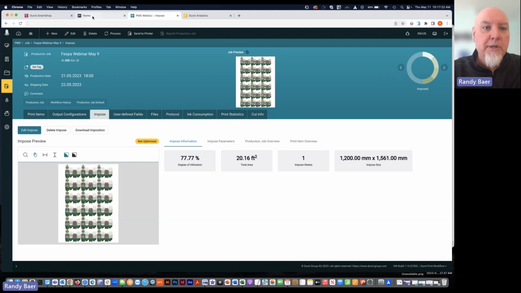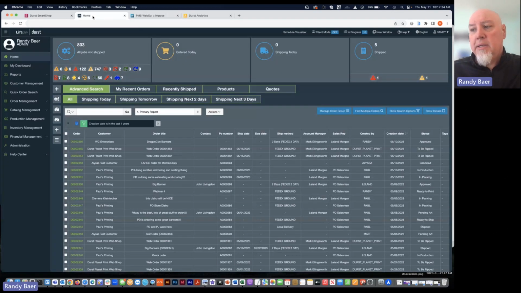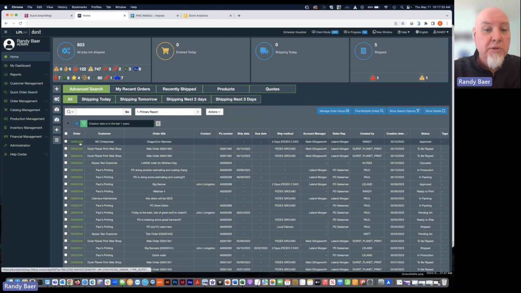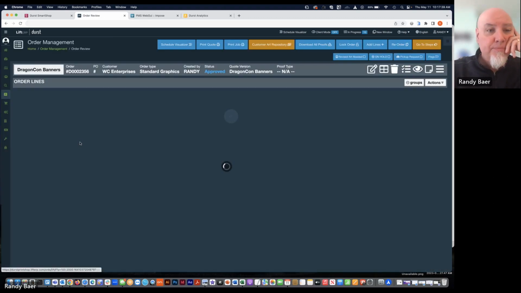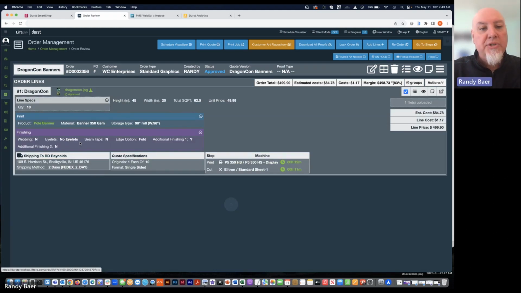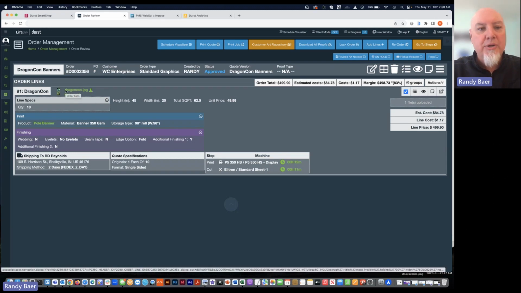We'll switch back over to Lyft, and Lyft as well has just an incredible amount of metrics for your perusal. It collects data as you move a job through production. So if we take a look at this job, you can see it gives us all the information we need to produce. Again, it's not just, okay, here's a print file.